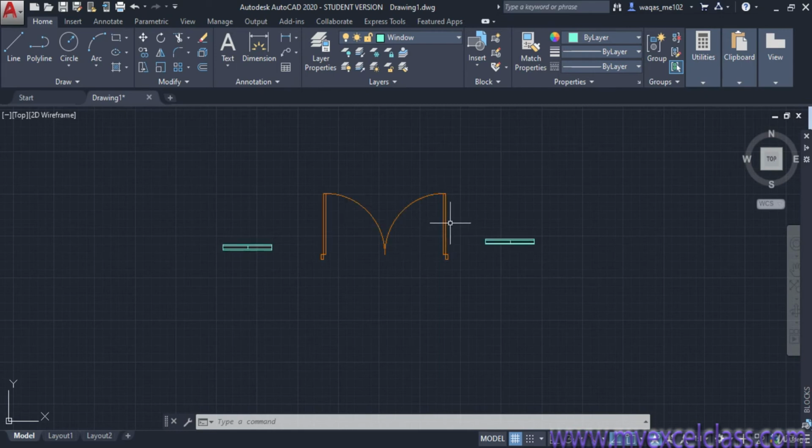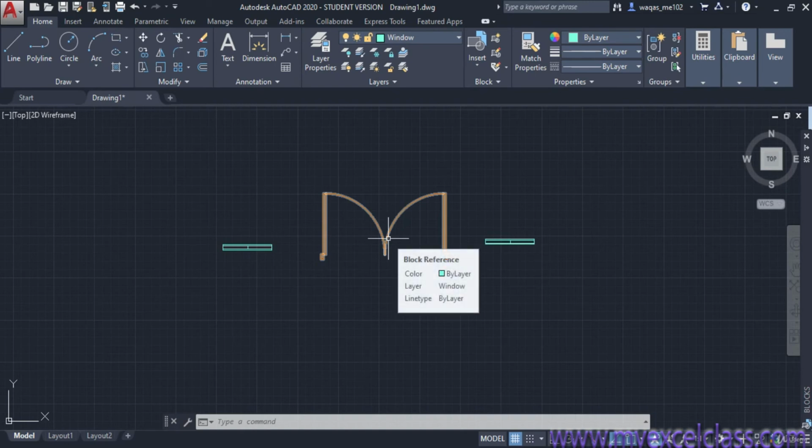What I mean to say, here's one group having three different blocks, and when I click here, now this is behaving just like a different object, although these are not different objects.